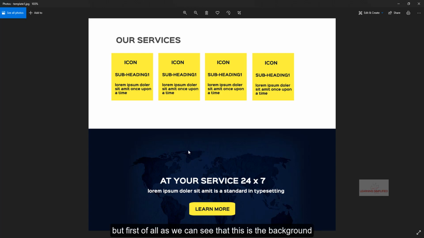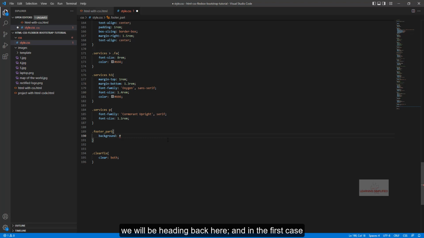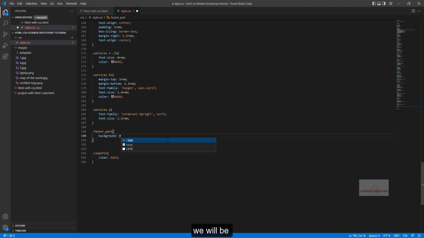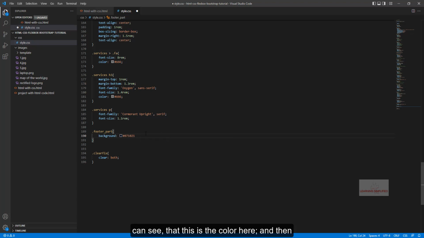But first of all, as we can see, this is the background color, and along with it we have made usage of a certain image. So we need to make usage of both in the background syntax that we are about to use in our project. So that is why we will be heading back here, and in the first case we will be using, so as we can see this is the color here, and then we need to add the background image with this URL syntax,